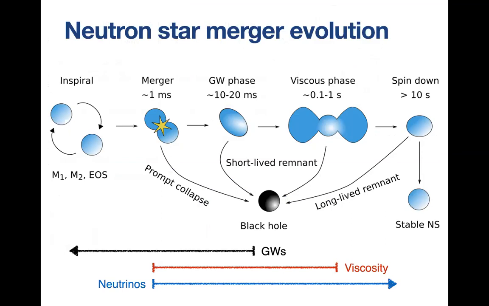This is what we know today about neutron star mergers. This is the same figure that Sebastiano has shown earlier. This is a summary of things we know about how neutron star mergers evolve. We know that neutron stars were in a binary at some point. They inspiraled possibly for many millions of years due to the emission of gravitational waves. They came into the LIGO band. They evolved for another couple of minutes before merging. And then after merger is when things start to become very complicated.